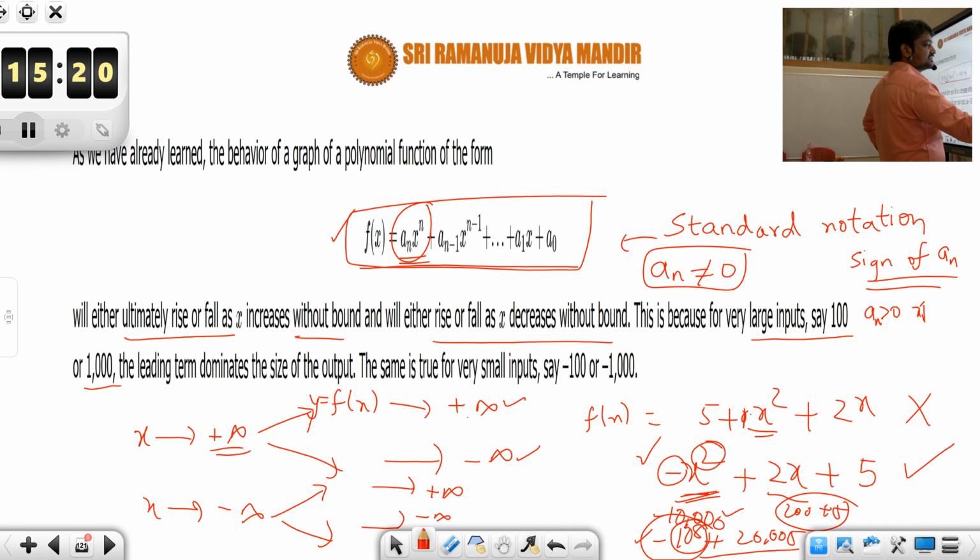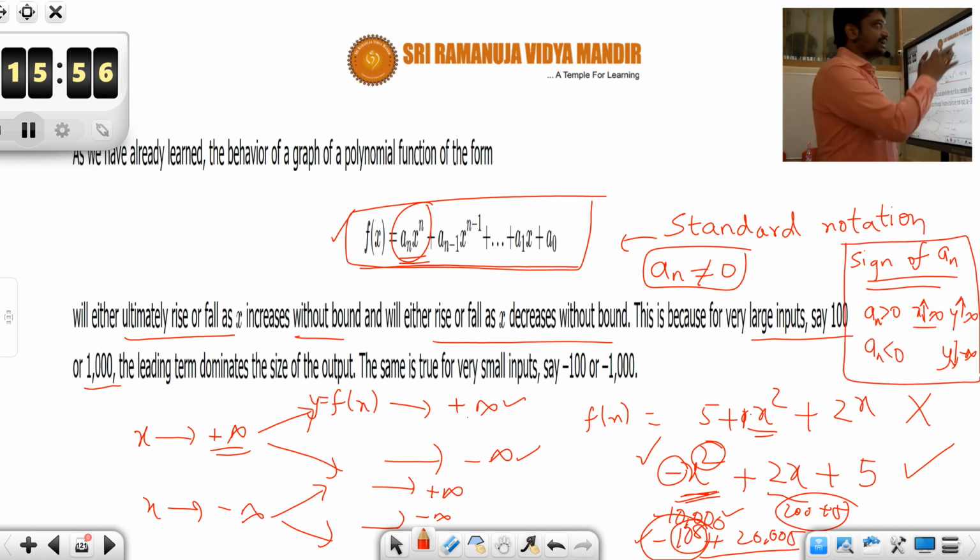See, to understand better, just pick up your own example. Make your own example, construct it of any degree. By substituting values, take different values of x: initially put one value of x, see what you get for the functional value, and then increase the value of x and look at the functional value. You will observe the trend of either increasing or decreasing as x increases. So this is one pattern you need to observe, and then simply change the sign of the leading term.